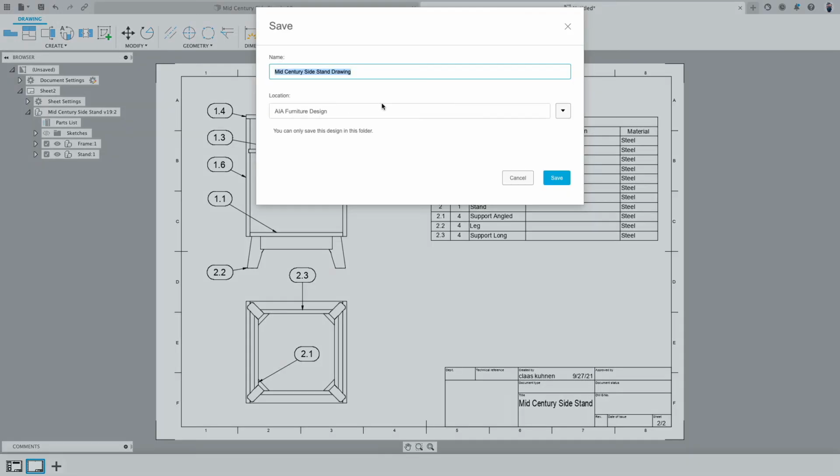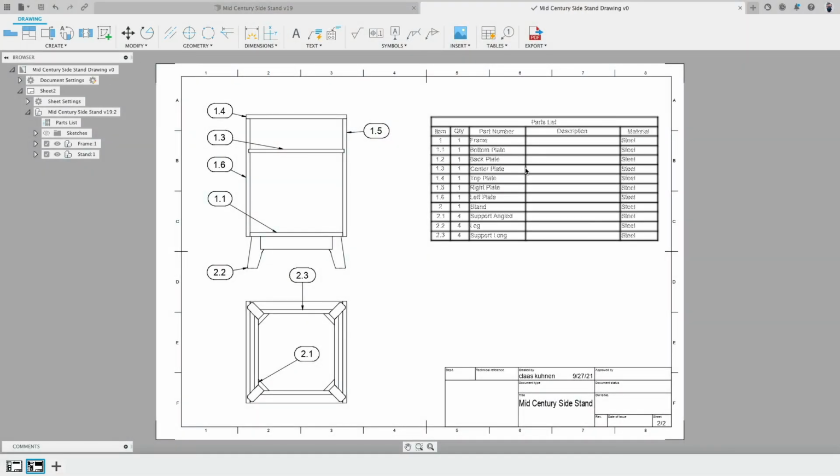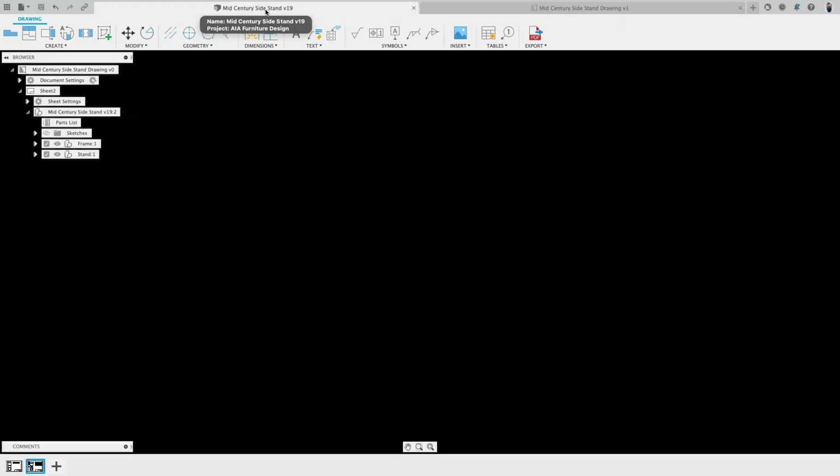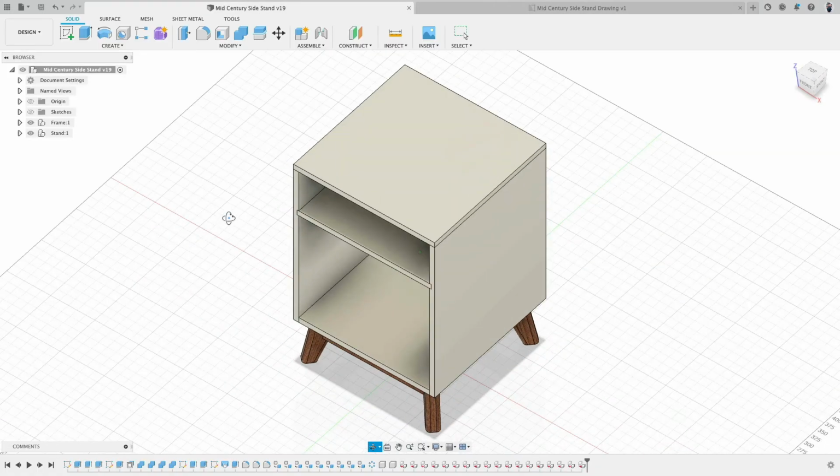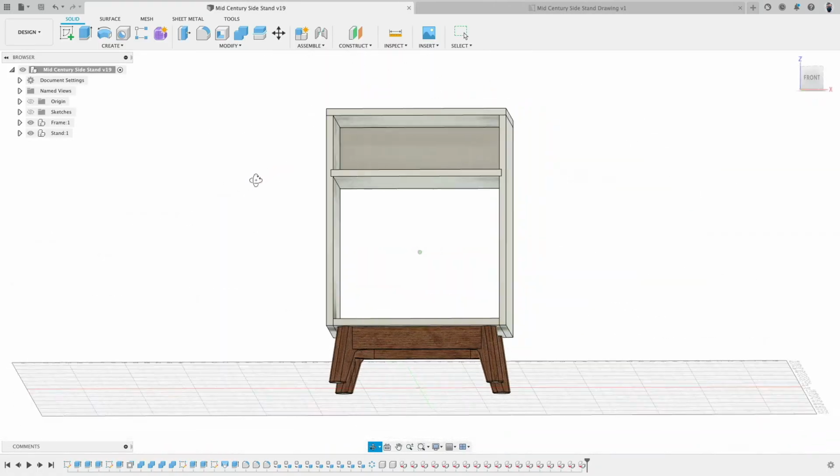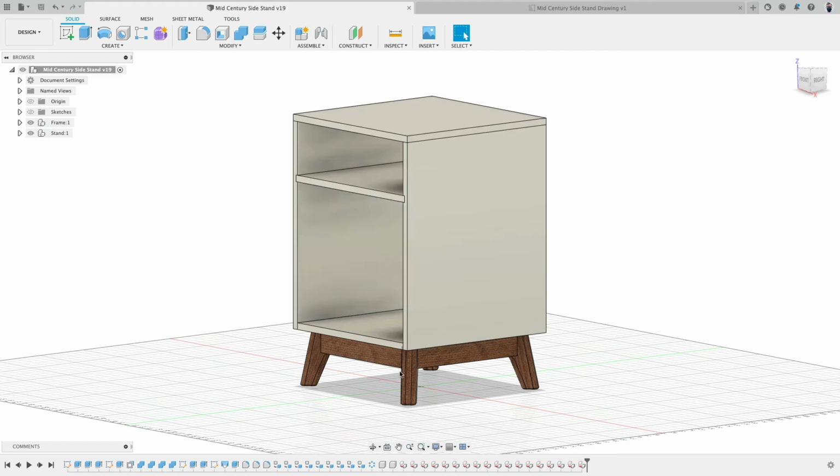We can press S to save, and then because this is a drawing, I call this mid-century side stand drawing. That this is all stated as material is kind of wrong because, sorry, as steel. Let's go back to our design, and then you might say, well, what's going on? We see that this is finished. This has an actual